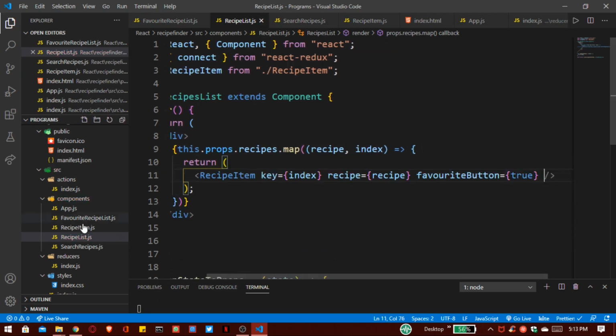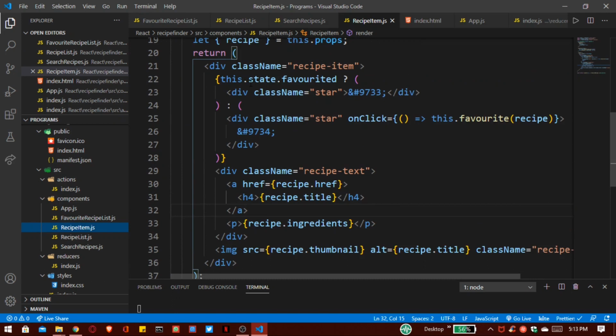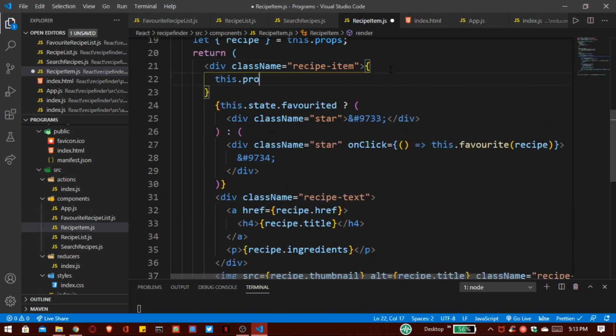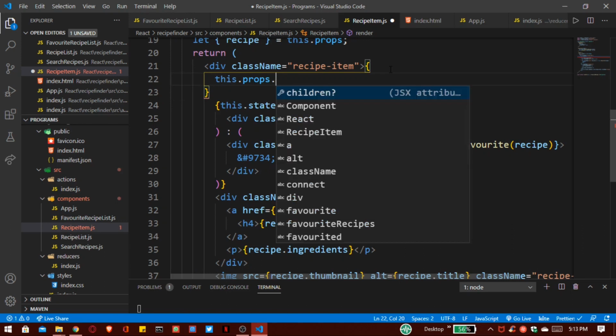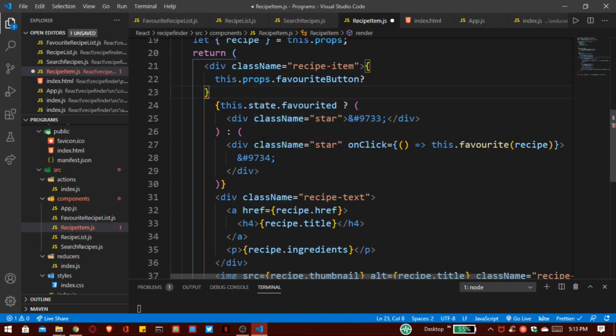Now save this. Now go inside this RecipeItem.js file, and here I want to add another condition like this. So here I want to add our condition, that is this.props.favoriteButton. If it is selected, then it will go inside this. So favorited, then if true, then it will go inside this component.